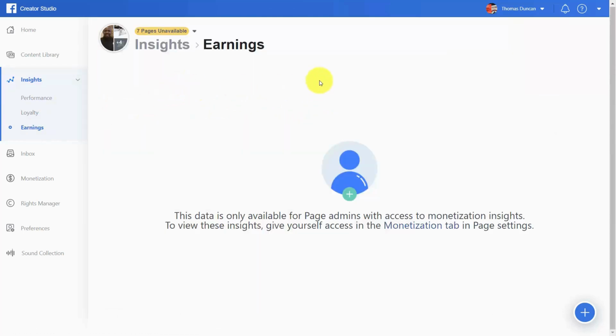And if your videos are monetized, you'll be able to tell which videos are performing for you and which ones